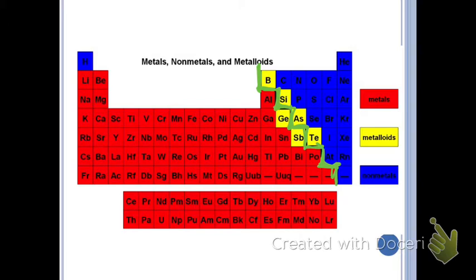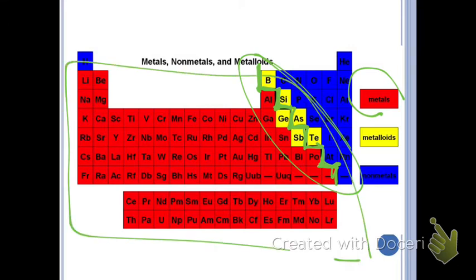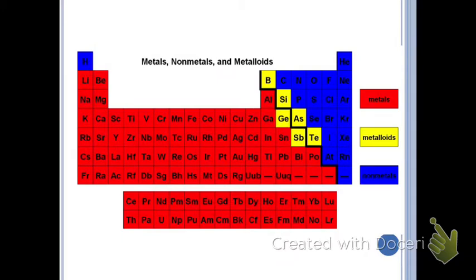A couple things I want to point out here about the periodic table. What types of elements make up a majority of our elements? Metals, nonmetals, or metalloids? Metals, by far, right? Metals are the red ones. They take up a majority of our periodic table. So when I talk about the periodic table, I will use this green line right here, which I call the stair step. That will be used as a point of reference a lot. I'll say to the left of the stair step, and that still includes a lot of the periodic table. So when we say metals are on the left side, we mean of the stair step.